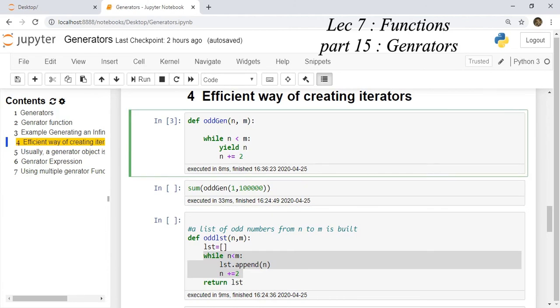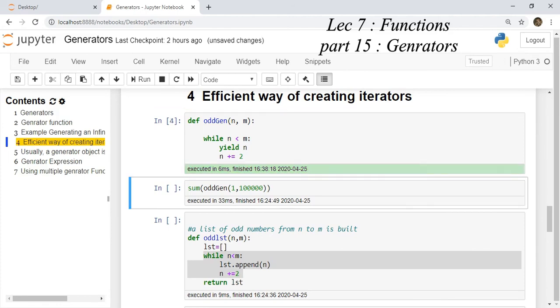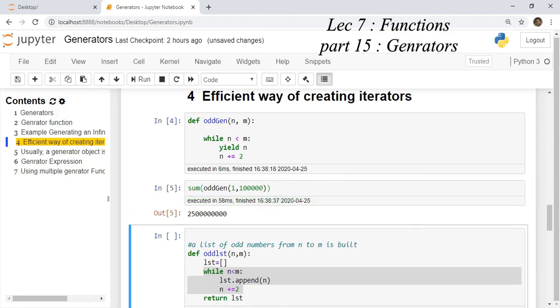Click on the cell. Here you have the oddgen function which is accepting two arguments, n and m. It accepts the first argument in parameter n and the second argument in parameter m, and generates all the odd values between n and m. You run the cell. The definition is created. You call the oddgen function which will return a generator, which is an iterable iterator, and you call the sum function which by default has next and StopIteration handling so that it can handle this generator object. Click on the cell, run the cell, it will produce the output.